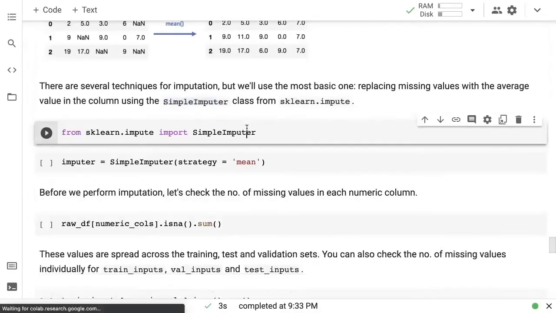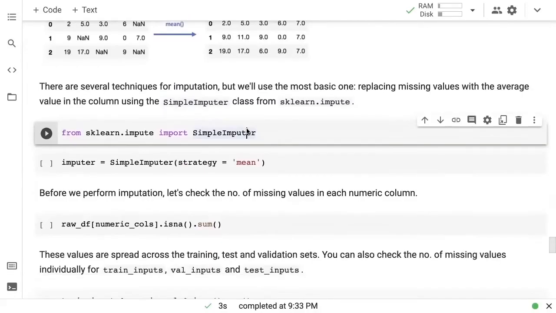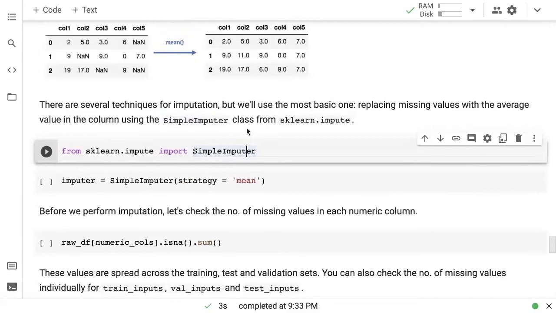So this is just a guess. It obviously may not be correct, but you have a choice here. You can either throw away those rows, but if you have a lot of NaN values in a certain column and you throw away those rows, you may lose a lot of data. So you just take a guess there and you think, okay, maybe I replace it with the average. Sometimes you may choose to replace it with not the average, but maybe a fixed value